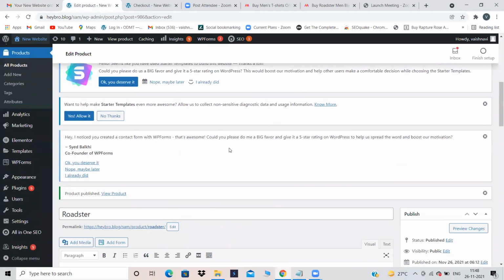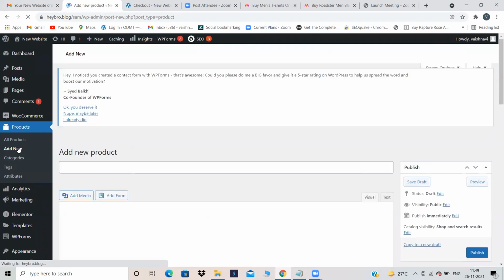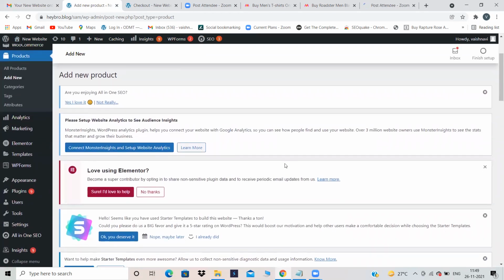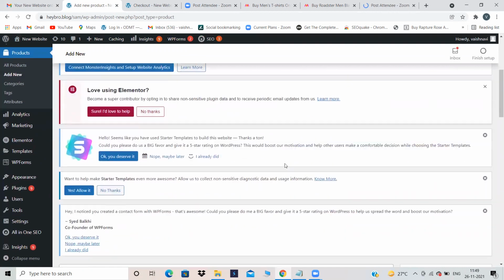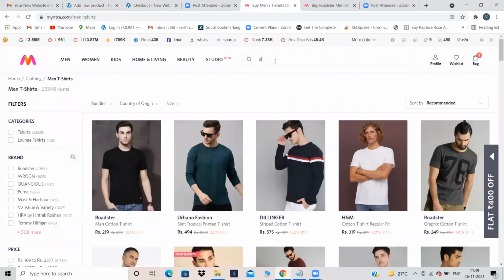Now we will go to variable product. So again, I have created a simple product. It's done. Now to create a variable product, again, I need to go to products and click on add new. So go to add new, and here, variable product in the sense different sizes, different colors, different variations, a product which has different variations. So now I want to create a product which is skirt. Yeah, let's take the skirt. Skirt with different colors and sizes, let's assume.